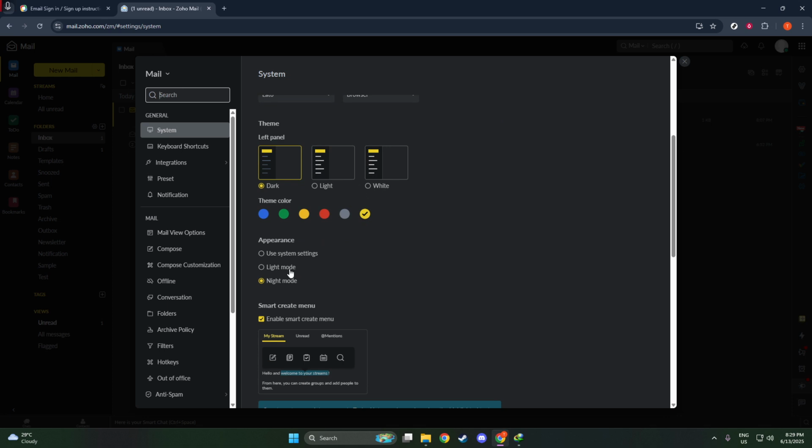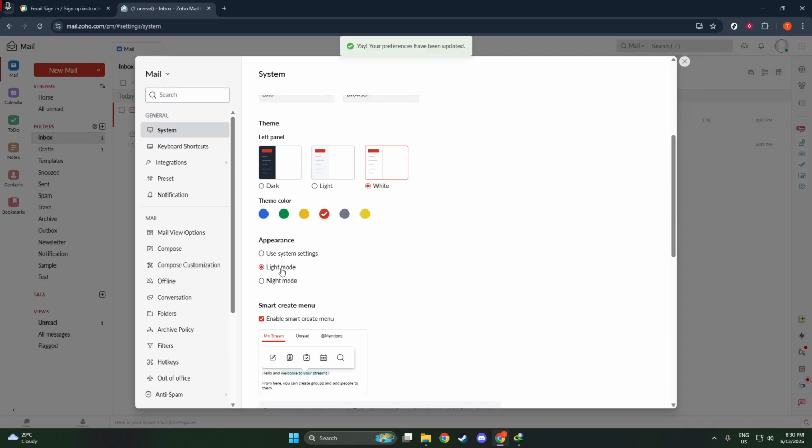Once you're in the appearance settings, the first thing you'll encounter is the Theme section. This is where you can decide how your Zoho Mail looks. There are a few options here, including the light theme, the dark theme, and the system default. The light theme is great if you enjoy clean and bright visuals, while the dark theme is perfect for those late nights or if you enjoy a sleeker look. If you choose the system default, Zoho Mail will match the theme settings of your device, providing seamless integration with